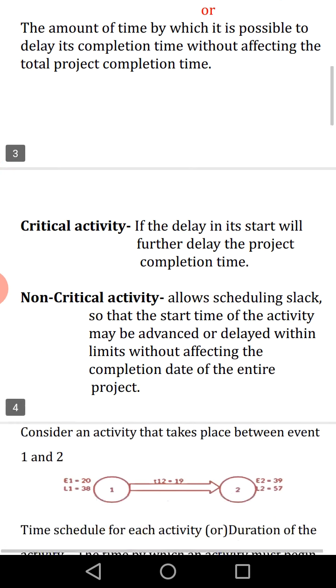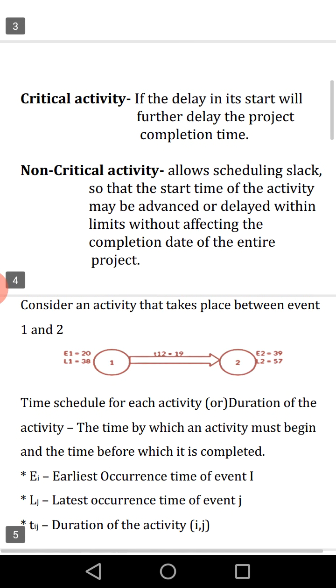And what about the critical activity? See, critical activity and non-critical activity. Certain activities, if their start is delayed, will definitely affect the project completion time. So critical activities are those which will affect the project completion time if their start is disturbed.